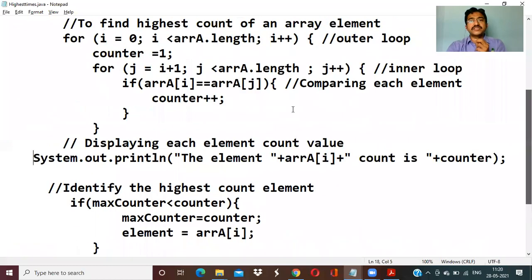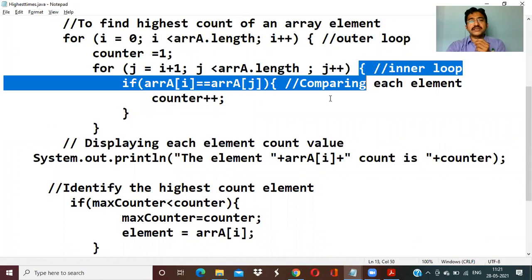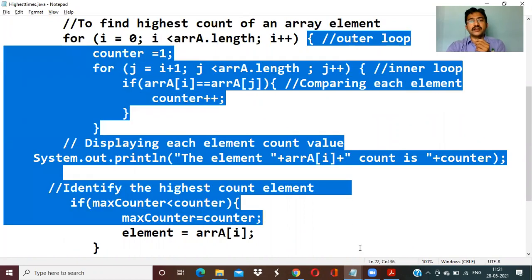Now, where we have kept this statement, observe carefully the open braces and close braces. That is very important. Here the if condition has ended. Now the inner loop has ended here. Where is the outer loop? The outer loop has ended here.